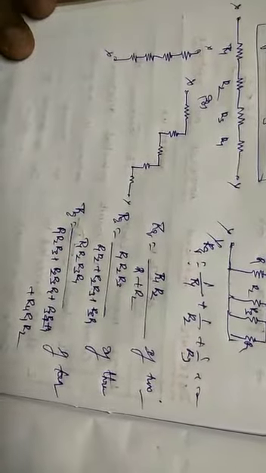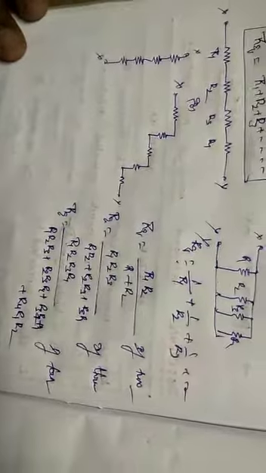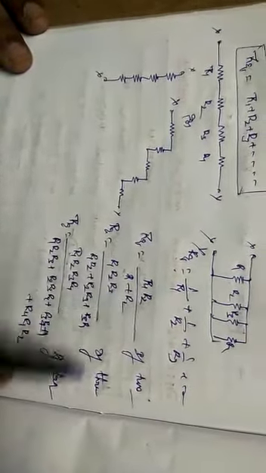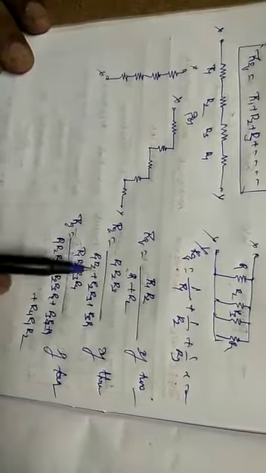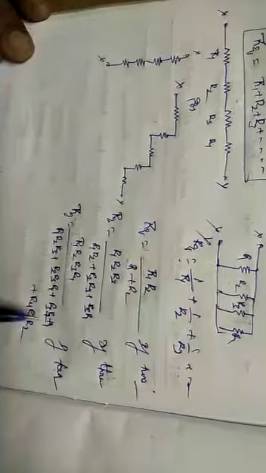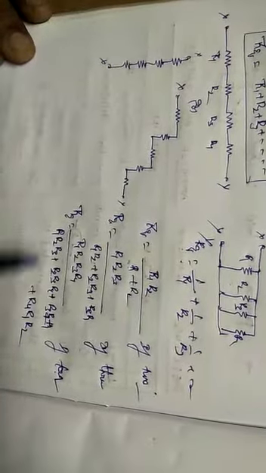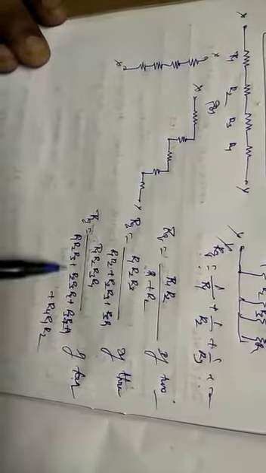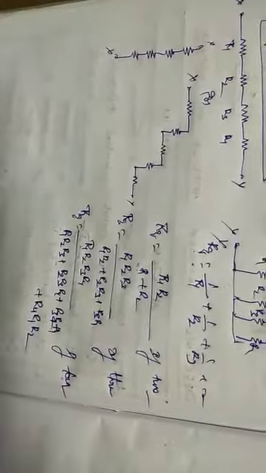So that means in the denominator, if there are two resistances, there is a separation of two terms. If it is 3, then a separation of two terms. If there are 4, then a separation of three terms, taking 1, 2, 3, 4, like that. If it is 5, then 5 will come, and here 4 resistors will come. So like this in parallel resistors, this is the main formula you have to keep in mind.